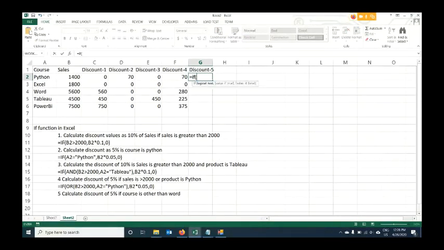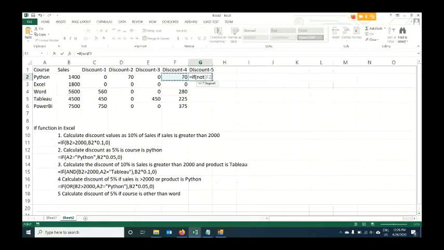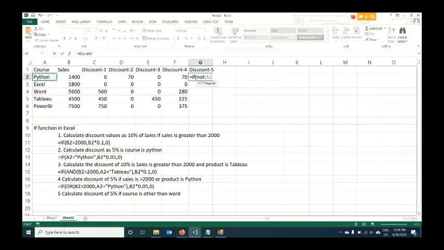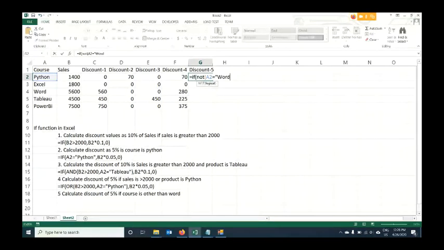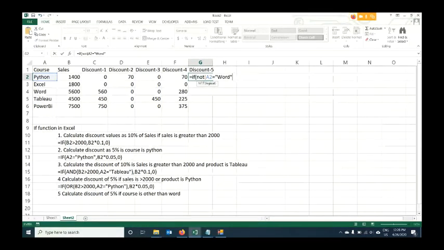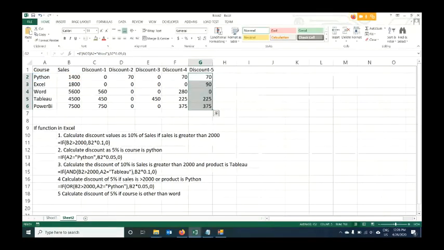If NOT, product is not Tableau, then I should get a 5% off as a discount. Ctrl D, selection Ctrl D. You can see other than Tableau I will be getting a discount of 5%. That's an IF condition available where we can